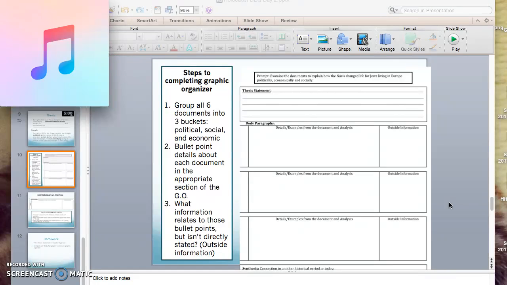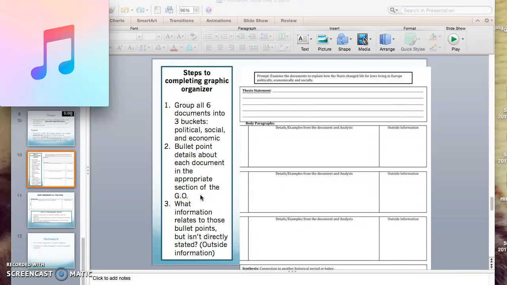The purpose of the graphic organizer is to include your thesis statement, to include the different documents that you're going to use in your social, political, and economic paragraphs. Now, with our graphic organizer, we do not need to write complete sentences. Instead, we are writing the key details that will support your claim about how Nazis changed life for Jews socially,